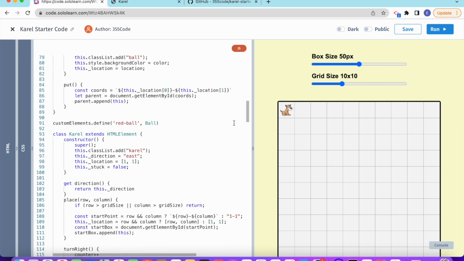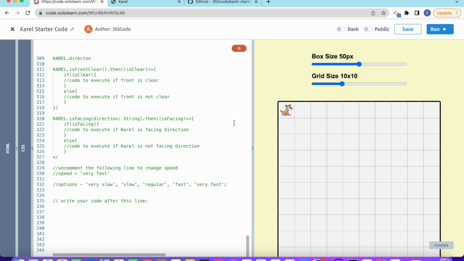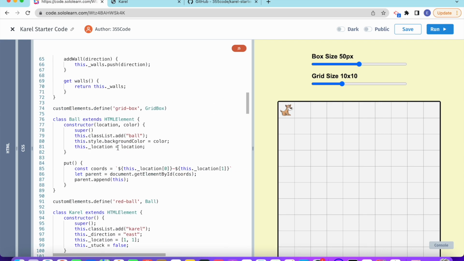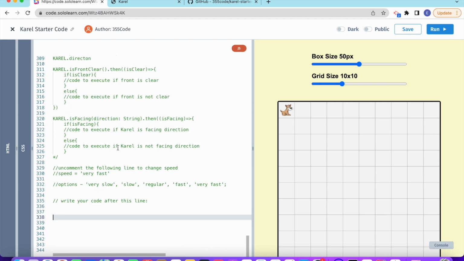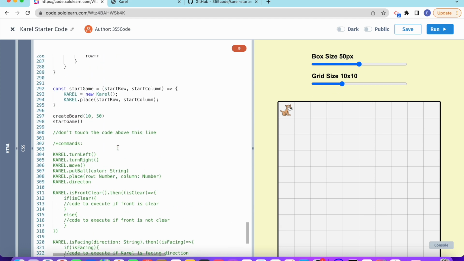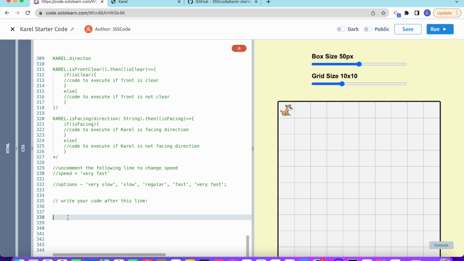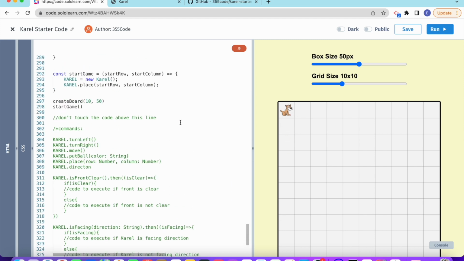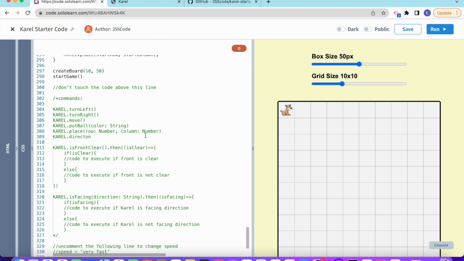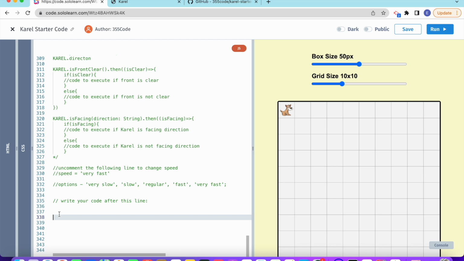And if you scroll down, you will see the instructions, and all of your code should be written below this line. You're welcome to take a look at the code behind the scenes, which really makes things happen. But in terms of what you should be focusing on as a learner is really just writing code after this line. And this Karel, the dog here, can do several things. I'm not going to go into detail of what Karel can do, but just to show you one example is